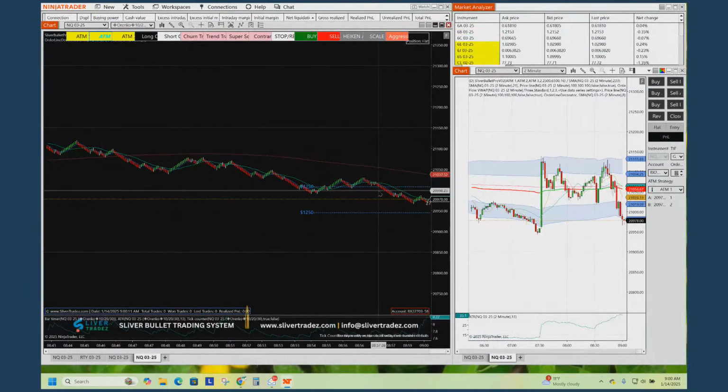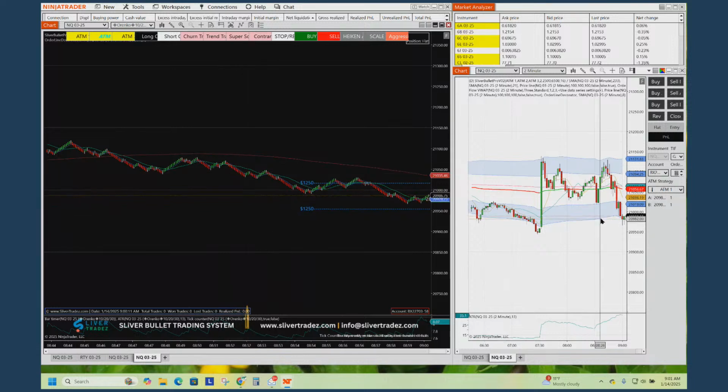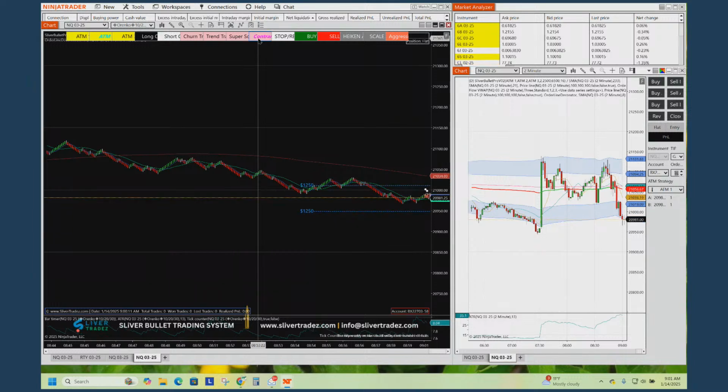And I hesitate to short here because market has traveled down quite a bit from one end to the other. So this is kind of a tweezer top trying to form here. So if that's the case, then I will try to go long, but